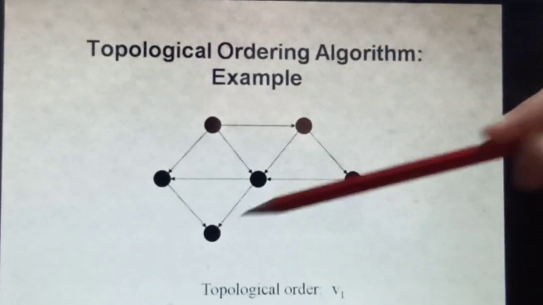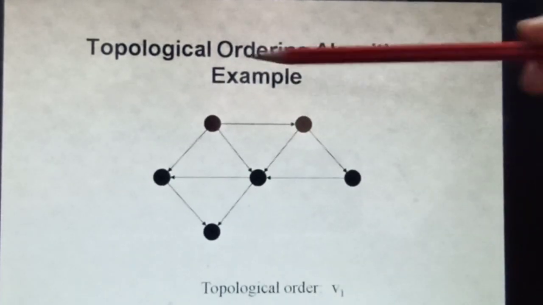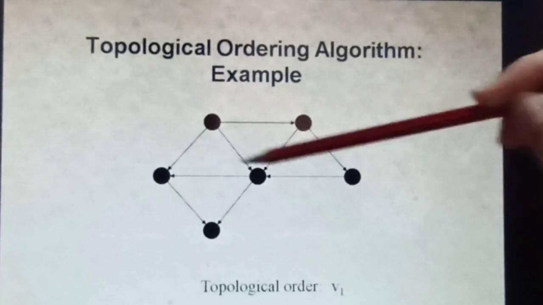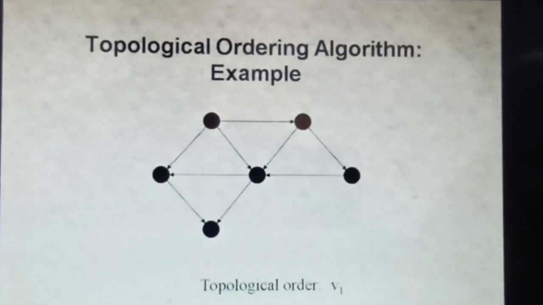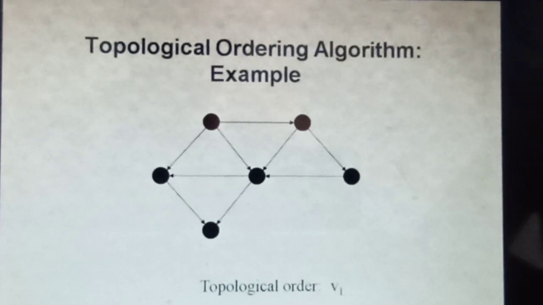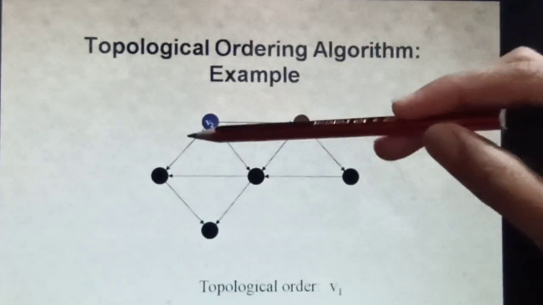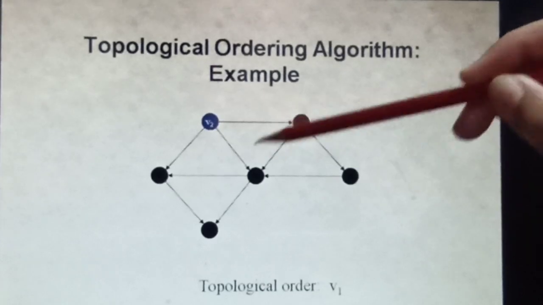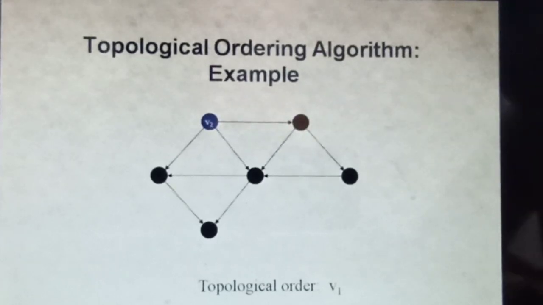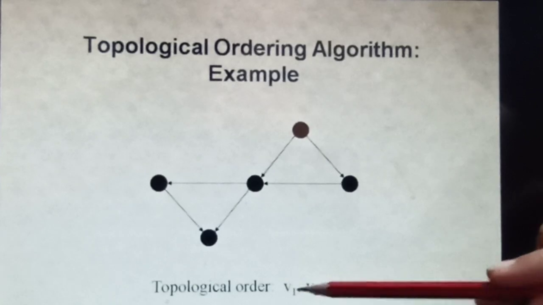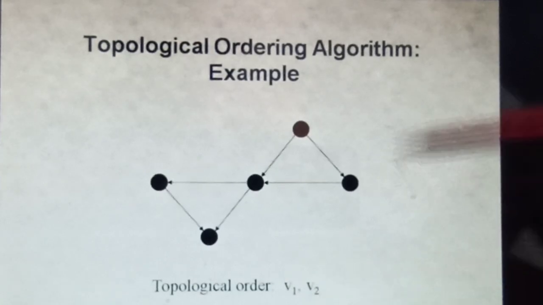Then next is what? If you see the remaining graph here, this is the next vertex which has only outgoing edges, no incoming edges. So we can delete the next vertex here. So if you see, I am marking this vertex as V2. Now we will delete this V2 along with all its outgoing edges here. So it will look this way. V2 is the next vertex which we have deleted.